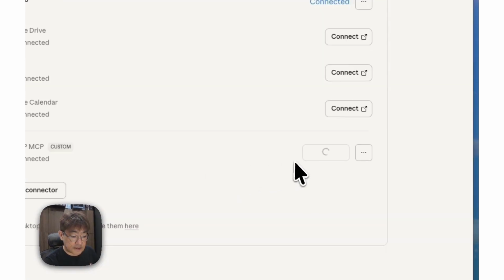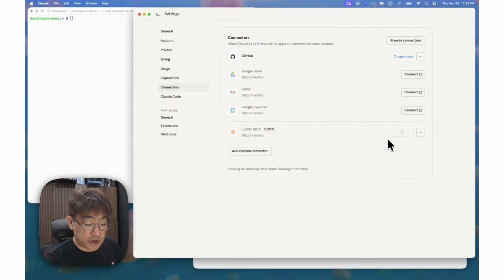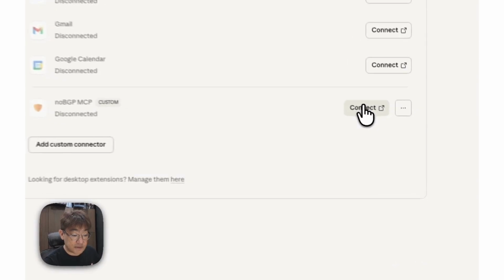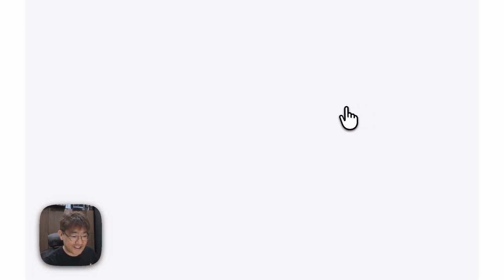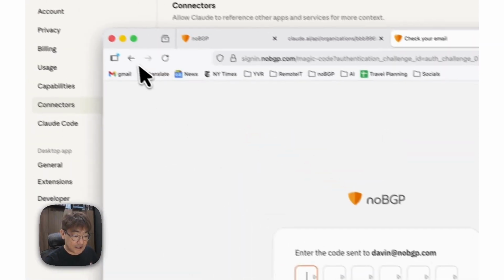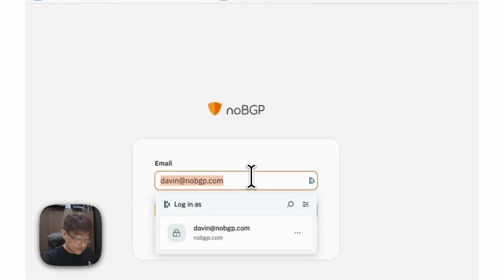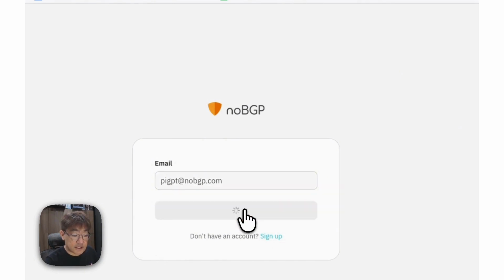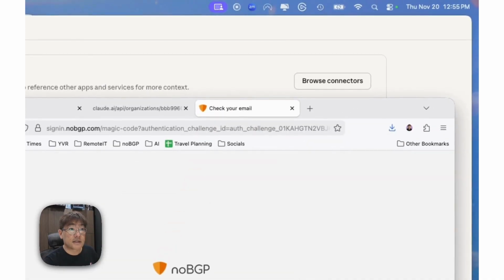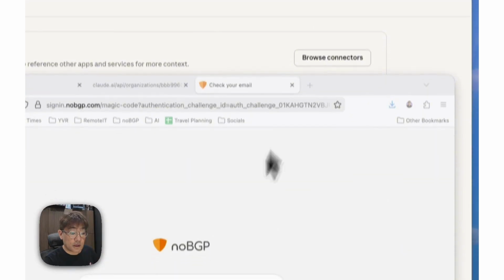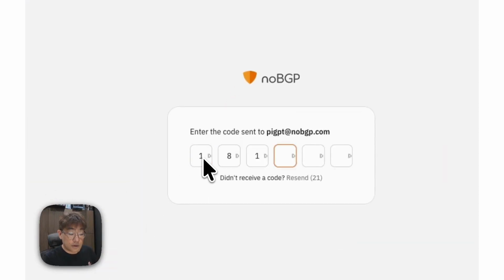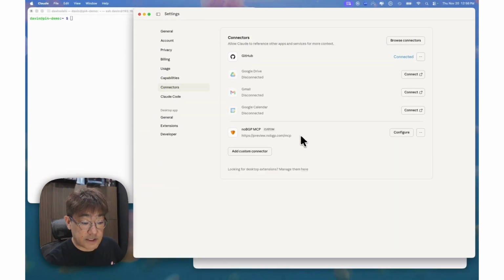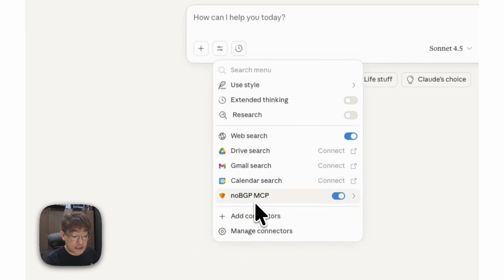If you don't have a noBGP account, it's going to ask you to create one, or it will create one for you when you give it your email address. So that's not the email I want to use. I want to use pygpt@nobgp.com. So I want to use this account, log in. It's going to send me a code. Now it's connected. If I go back to the chat side, I will see that the MCP is connected,